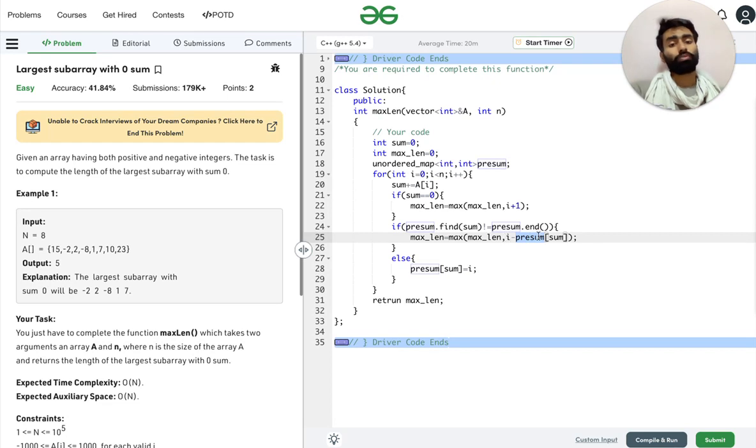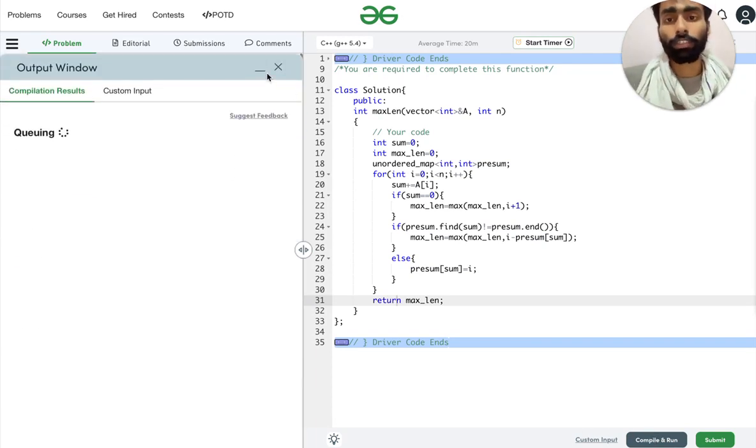Whichever is greater will be passed to the max length of the subarray. And if this sum is unique, that we have not seen it anywhere, then it will be stored in the pre-sum, so that it will be compared in the next iteration if some sum is followed by the same value. So in the last we need to return the max length. Compile, let's see if this works.